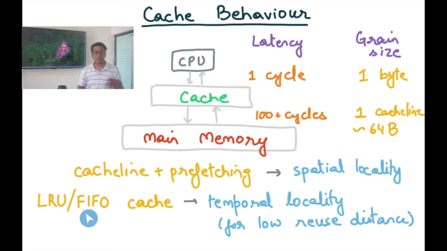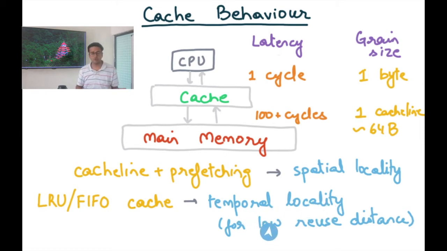And then the cache typically has some kind of replacement policy. For example, it may have an LRU replacement policy or a FIFO replacement policy. And these policies are meant to capture temporal locality, which means that things that have been accessed recently are likely to be accessed again shortly. All right. So this is the typical past equals future assumption that we make in computer systems. Something that has happened in the past is also likely to happen in the future. Something that has happened close in the past will likely happen close in the future as well. And that is exactly the property of temporal locality.